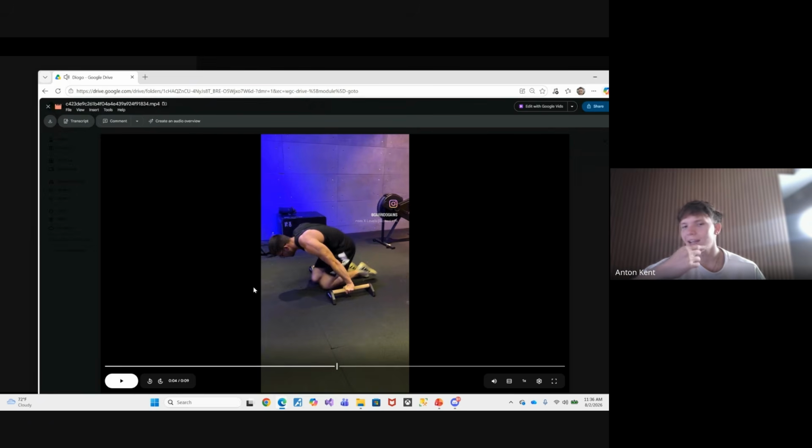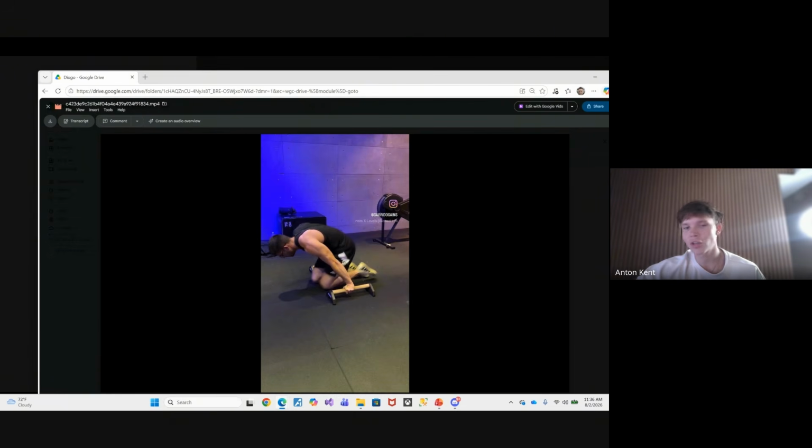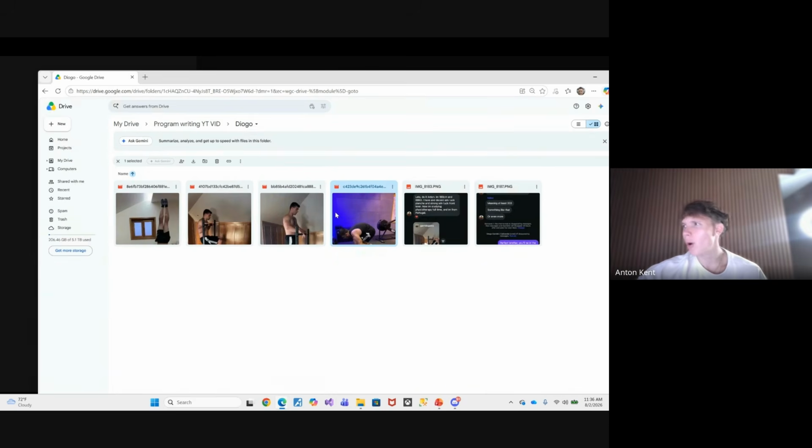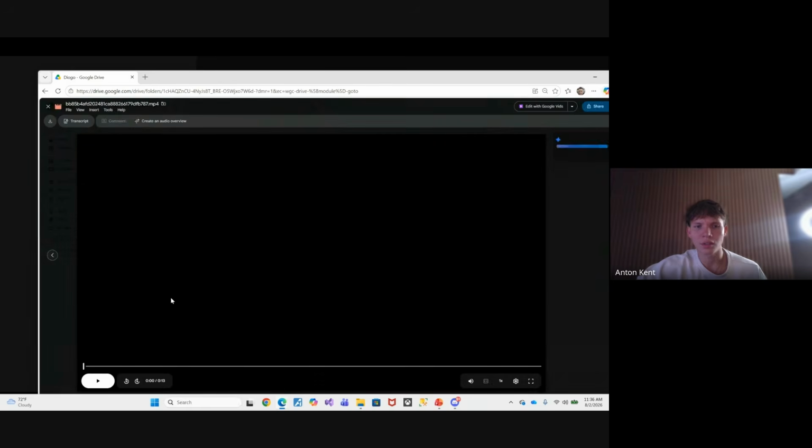Okay, 4-second advanced tuck planche, started losing protraction at 2 seconds. Very, very weak. No apparent weaknesses though. He started losing protraction when he got very close to his anterior deltoids giving out, which is not a huge discrepancy, right? No, we don't need to worry about any very specific work there. Let's look at his